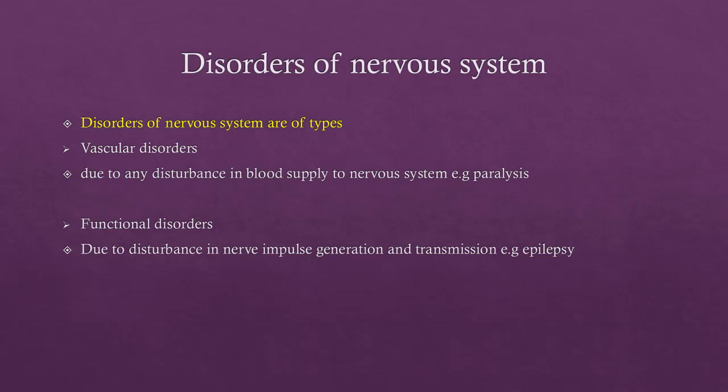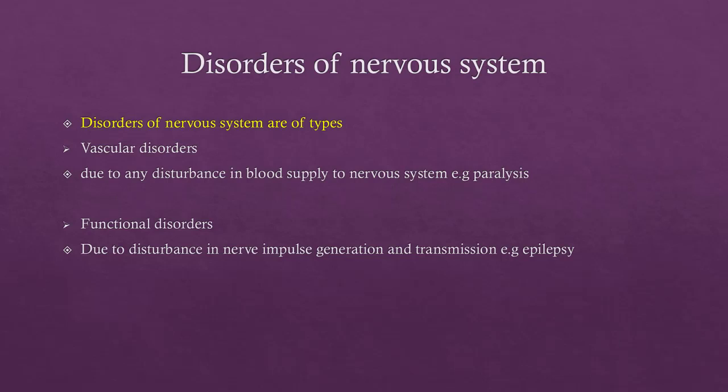Now we will discuss disorders of nervous system. Any abnormality in the nervous system or related to a nervous system is called disorder of nervous system. So there are two types of disorders of nervous system, which are vascular disorder